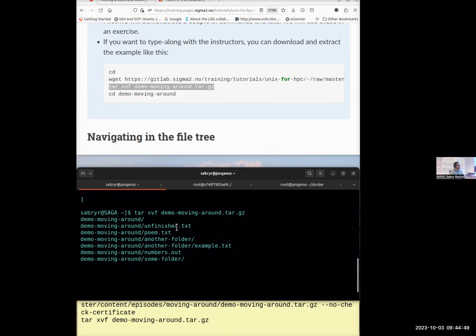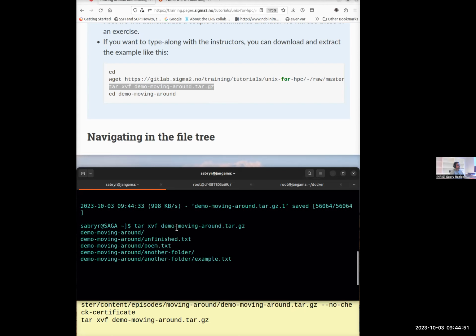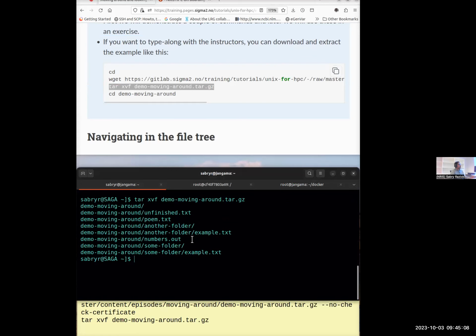Yes. So the .1, Michael, I could mention it so as not to get confused, is that I have already done a download just to make sure it worked. So I already had the file with this name, and when I downloaded again, it appended a .1. So you will not see the .1. Sorry about that. And then I'm going to type again the cd command, but this time,